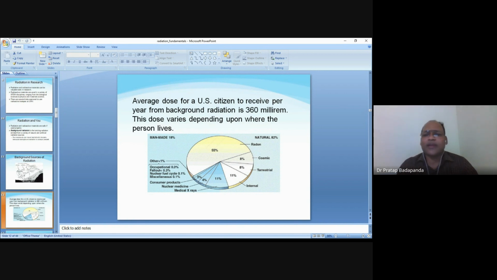You see the background radiation: cosmic, terrestrial, internal, then medical. I told you medical is 11%. Here medical radiation is 11% in the data. Then nuclear medicine, exactly, that is what we are eating. So many medicines are banned nowadays